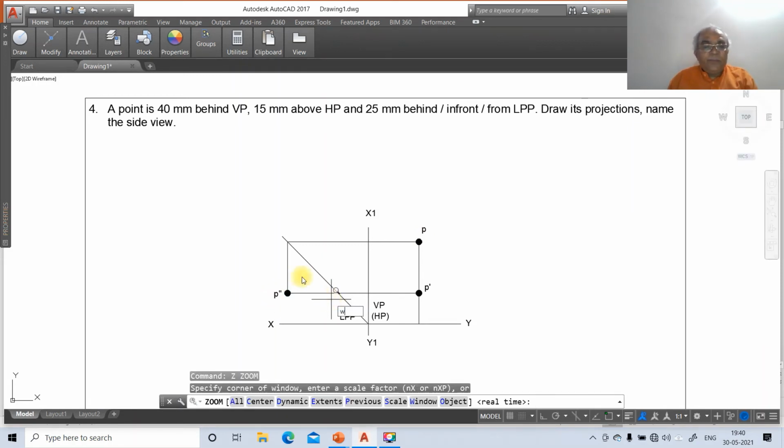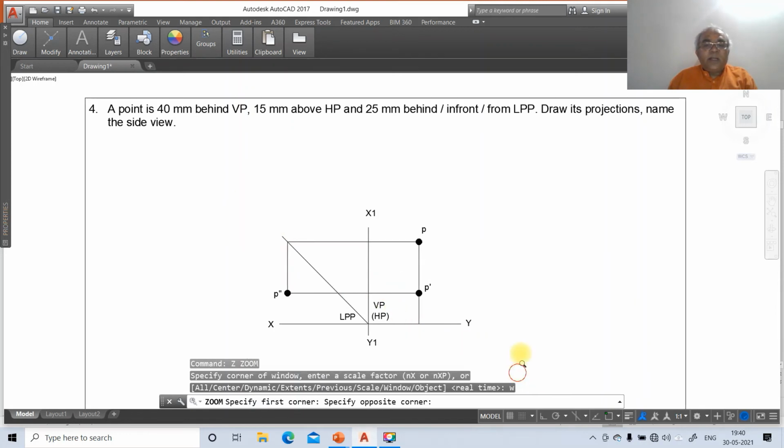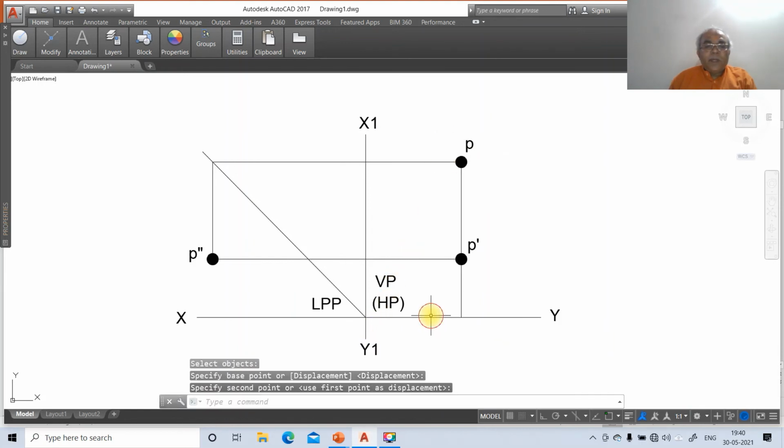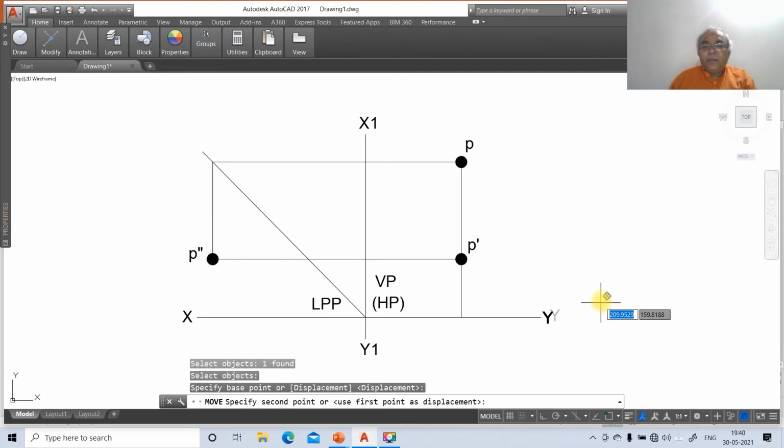Then go to zoom window, then take it nearer, then go to move, then you select this P and take it nearer here, and this P dash and this P double dash, then this X1 and this Y1, and this is X and this is Y.